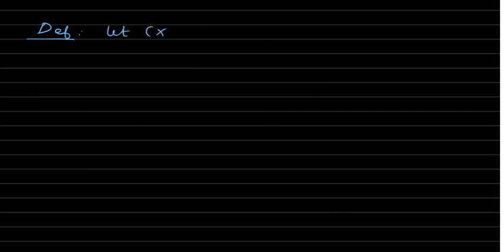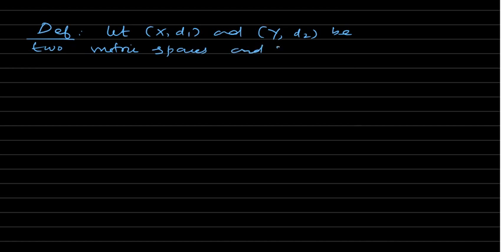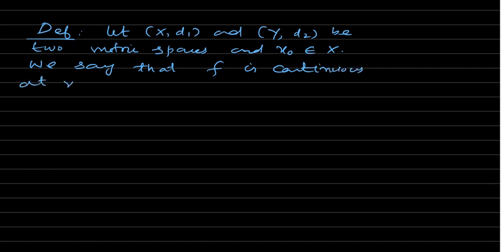Let (X, d1) and (Y, d2) be two metric spaces, and this point x naught is in X. We say that f is continuous at x naught if